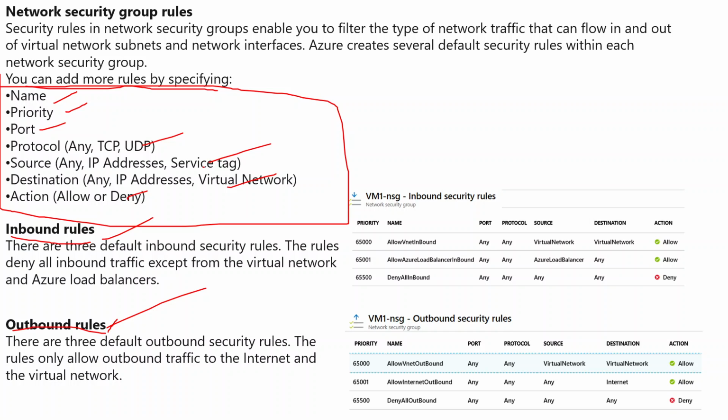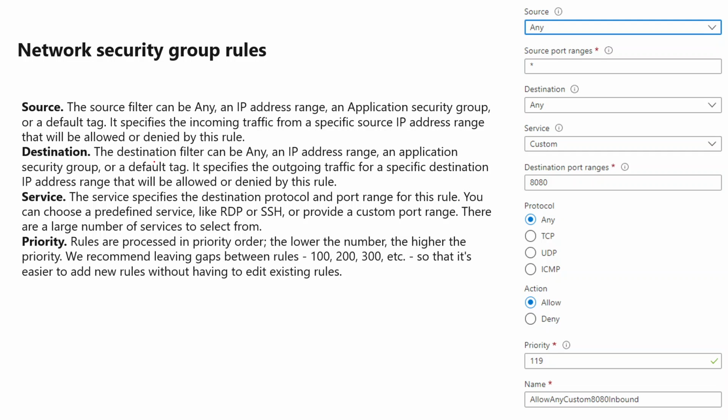Outbound port rules are nothing but the traffic that is going from the virtual machine to the outside world. Those are all the things you can limit. I will explain these protocols and everything in the next 5 to 10 minutes. Going forward, if you want to create any network security group, you can select